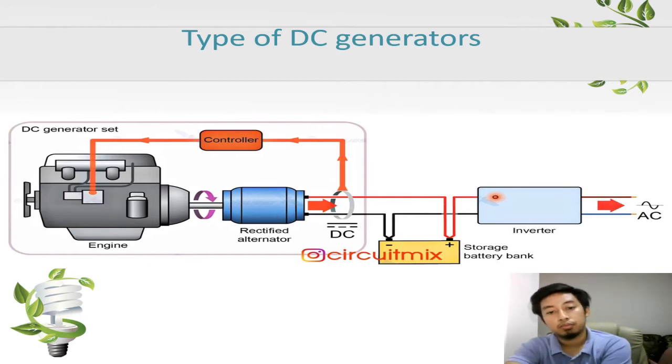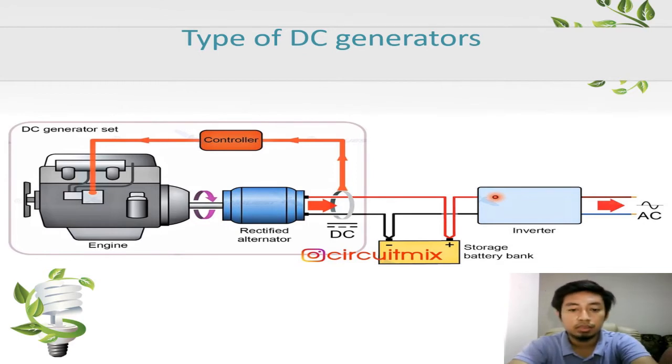Normally now in the electric car, the output is AC, so they use a rectifier to convert from AC to DC. But from the DC generator, they need an inverter to change from DC to AC. So this is the operation of the generator. The output produced by the generator can go to a storage battery bank or be directed to the output.